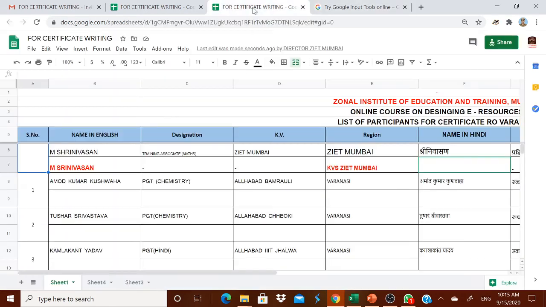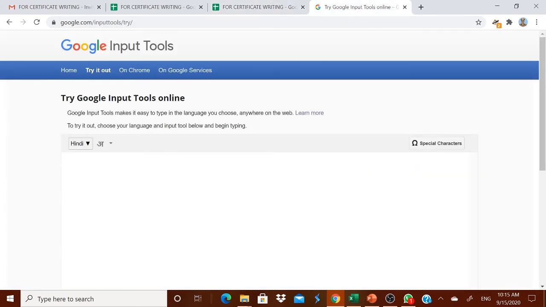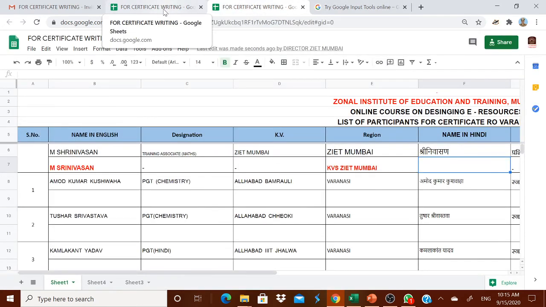For example, here my name, Srinivasan, I want to change. See, I will type SRINIVASAN. Now this spelling, the first one, I want to take it. Therefore, I am taking it. Copy it. Come back. And then paste it.